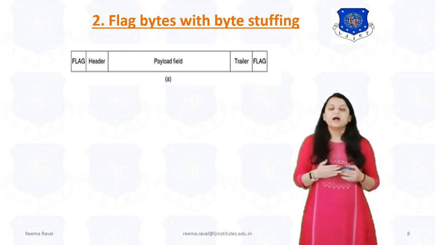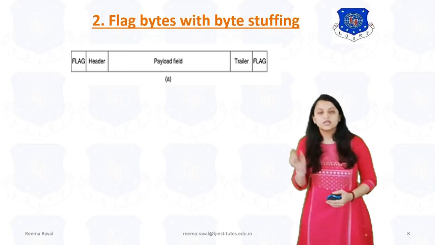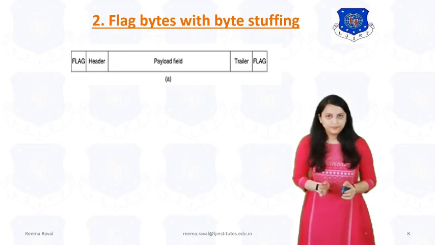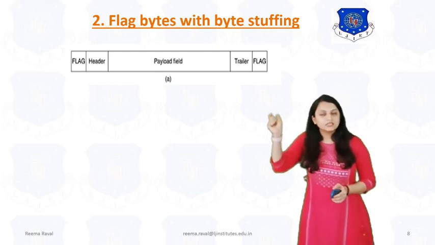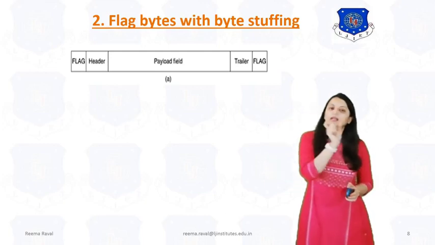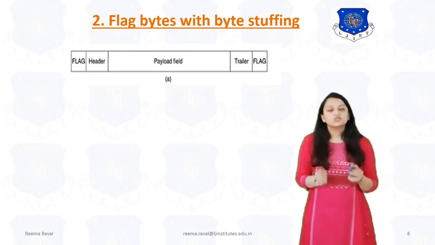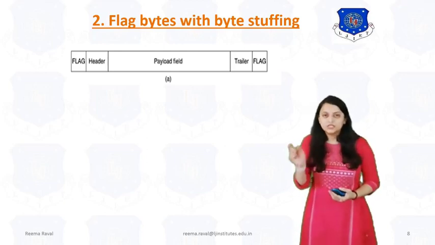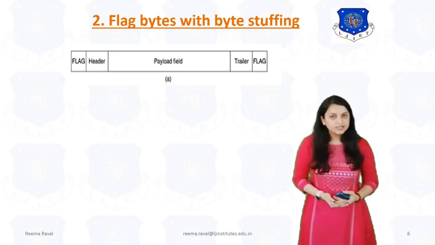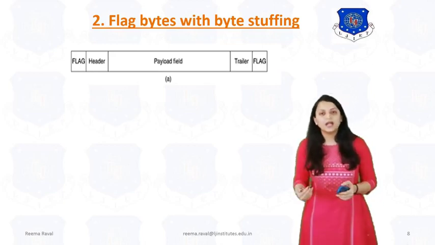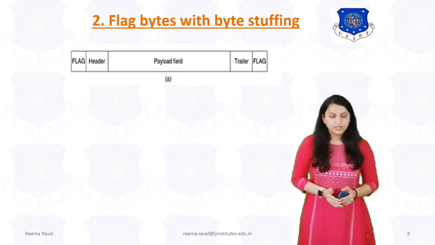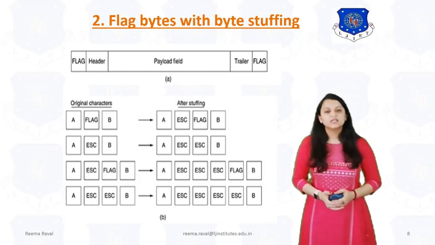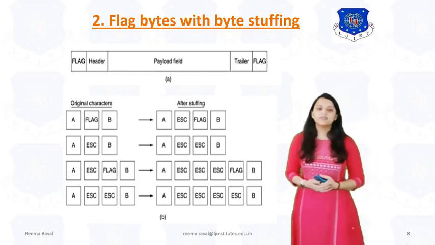Let's say, for example, I fix the flag bit pattern as 0, 1, 1, 0. This is my flag. I put this flag at the starting of frame 1 and at the ending of frame 1. So, at the receiver side, when the receiver detects the flag bit pattern 0, 1, 1, 0, it will understand that this indicates the starting or ending of that particular frame, and it will not be stored as data. So, let us consider here the different cases of byte stuffing.